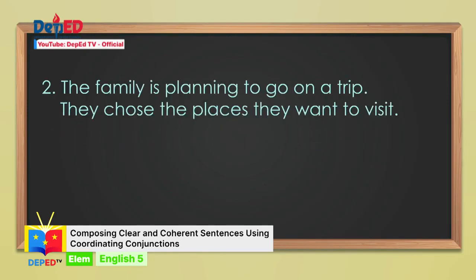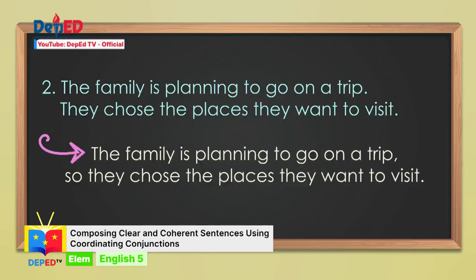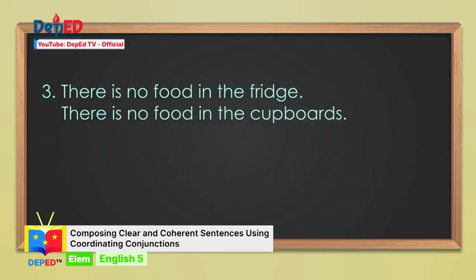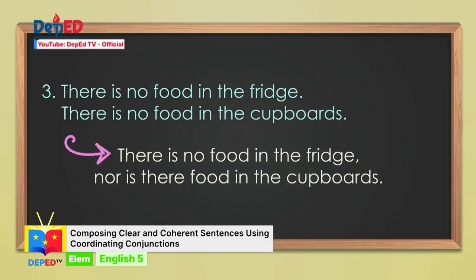Number 2, the family is planning to go on a trip, so they chose the places they want to visit. The conjunction so appropriately connects the next step they did after they started planning. Number 3, there's no food in the fridge, nor is there food in the cupboards. Your context clue in the sentence is the word no. The conjunction nor expresses that the sentence meant to say that food cannot be found either in the fridge or